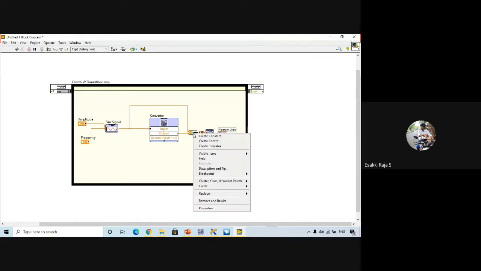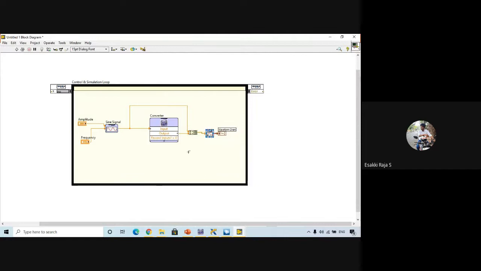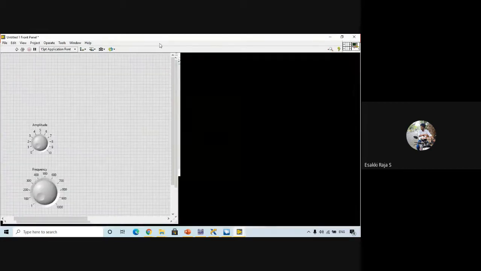Then a build array function. So now in a single waveform graph, I'm going to display my sine signal along with my output signal.